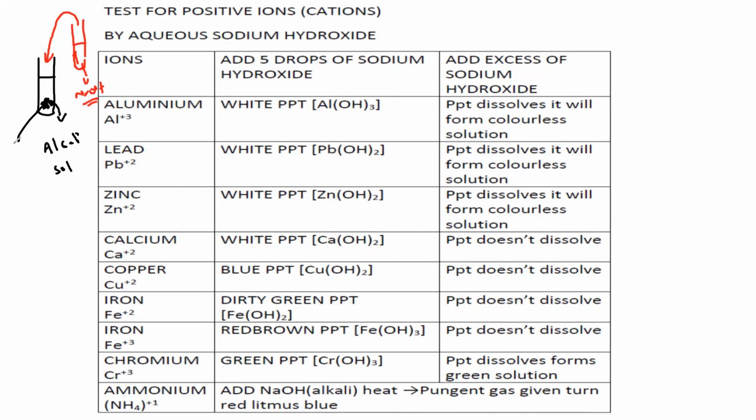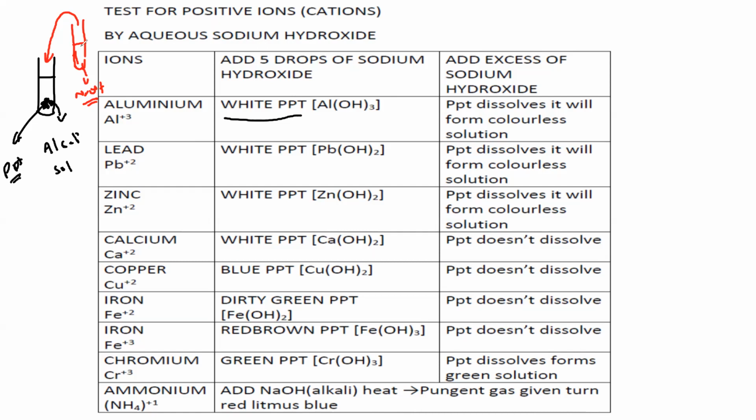This solid which starts to form is known as PPT, or precipitate. So if we have an aluminum salt and we add 5 drops of sodium hydroxide, the observation is that a white precipitate, a white colored solid, is formed. When we add excess, that means more than enough,